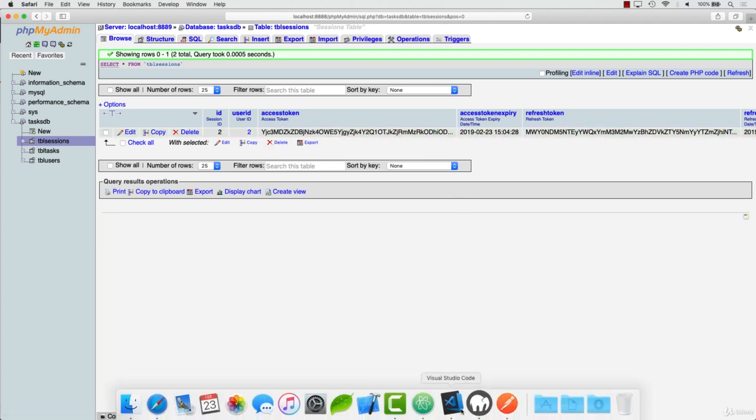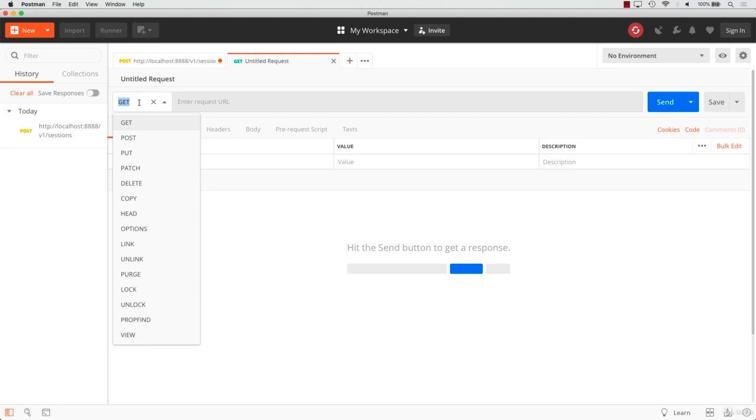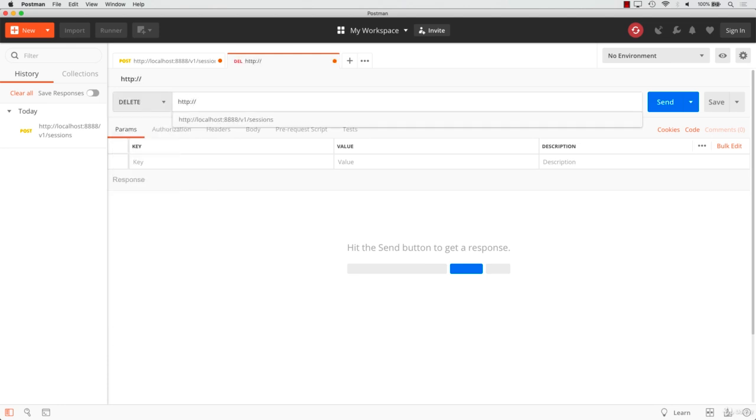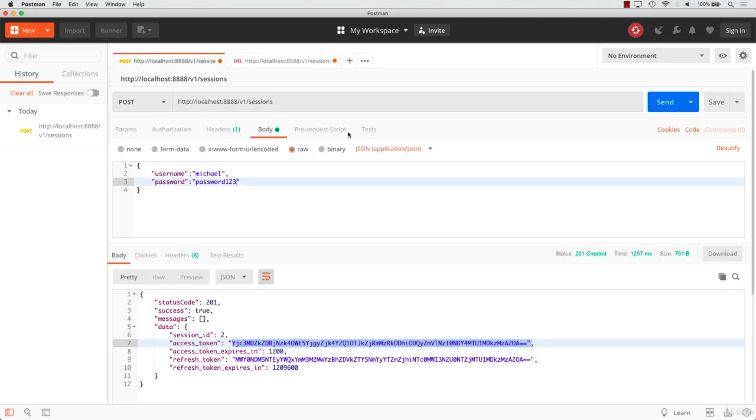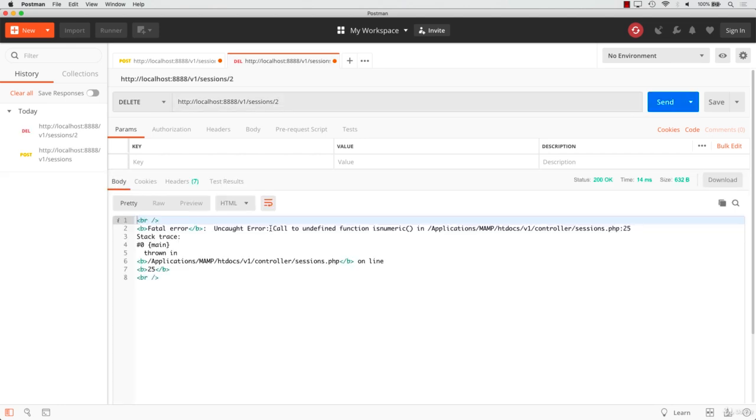So if I go back to Postman, I'm just going to leave this open because I'm going to need these values. Create a new request. This is going to be a delete request, and it's going to be HTTP localhost port 8888/v1/sessions. But now we need to provide the session ID. Remember, going back to this one, the session ID is 2. So it's /sessions/2. So if I just send that now, you can see here that I've got an error in